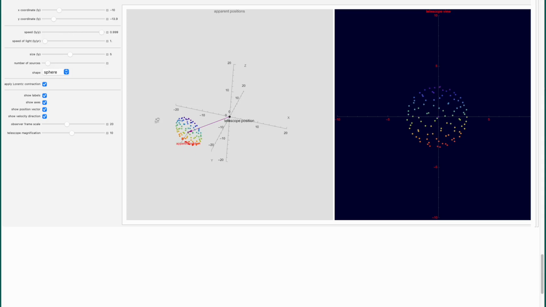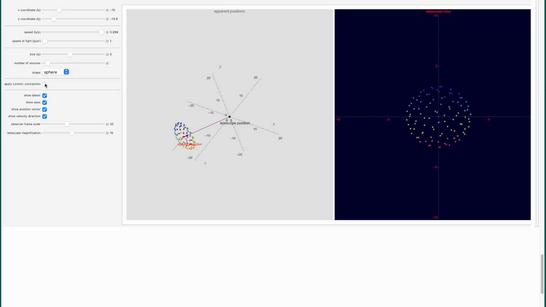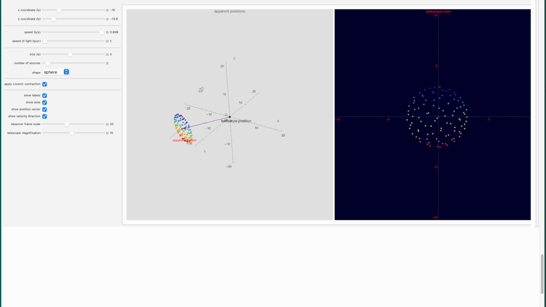What this means is, and let's look at this from a different view. You can see Lorentz contraction is very much operating here. See how thin that thing is on the left. And if we turn off contraction, you can see that it regains some of its thickness. But in the right-hand view, what we can actually see as humans looking through a telescope is something that still looks like a sphere. So this was an important result that was arrived at by Penrose, which is that a spherical object maintains a spherical appearance no matter what its state of motion.